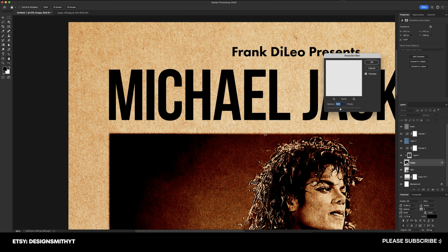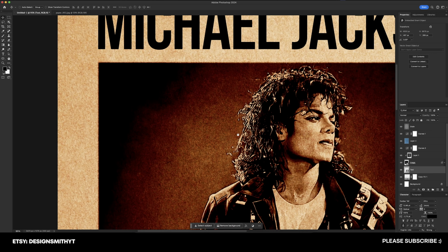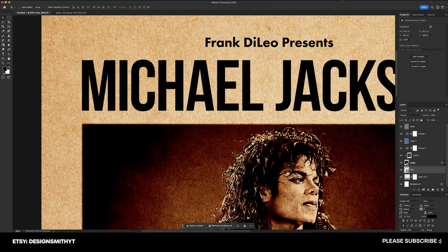So you can see here that this is blurring it, but what it's really doing is it's making it look like it's kind of burning into the paper instead of just very cleanly sitting on top of the paper. It's making it look more like a finalized printing piece that we scanned rather than creating in the computer. 10 might be a little bit much, so I think I'm gonna do like a 7.5, just kind of split that difference there. All right, so the image is looking good,